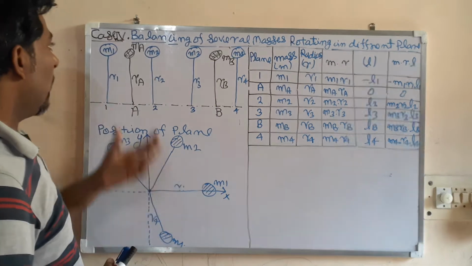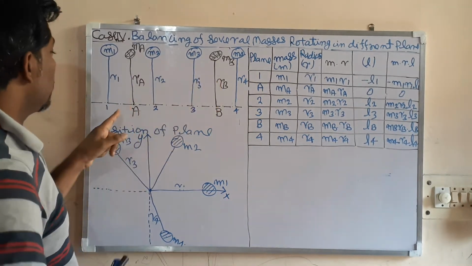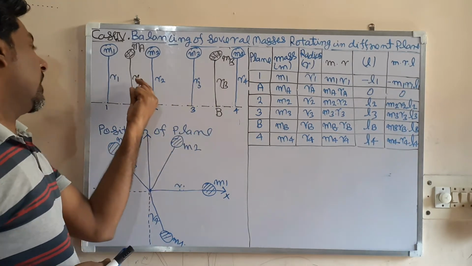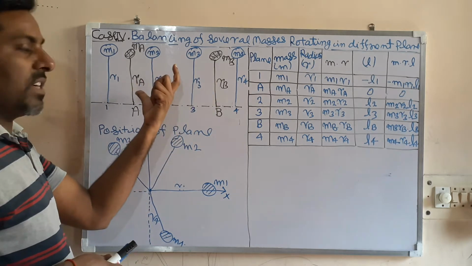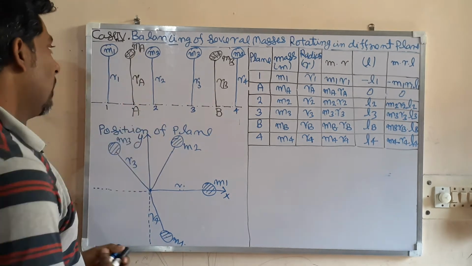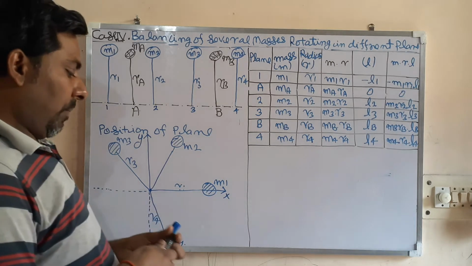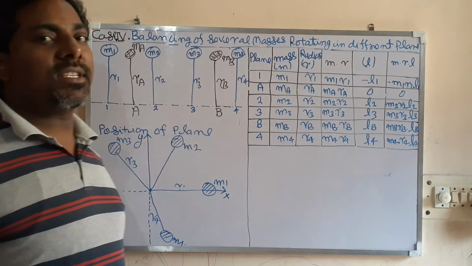Okay. So I am taking the two balancing masses MA and MB, one in between 1 and 2, and another between 3 and 4. Their radii of rotation are RA and RB, and they are also rotating with the same angular velocity omega. So look at here. Now next thing is, let us see what the reference plane is.